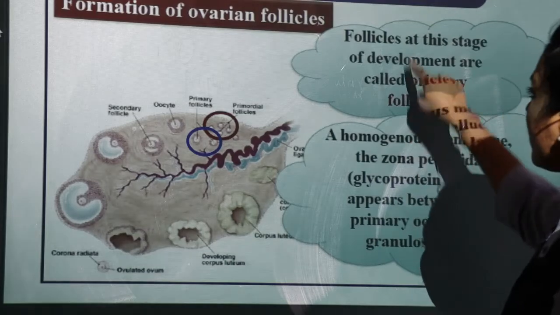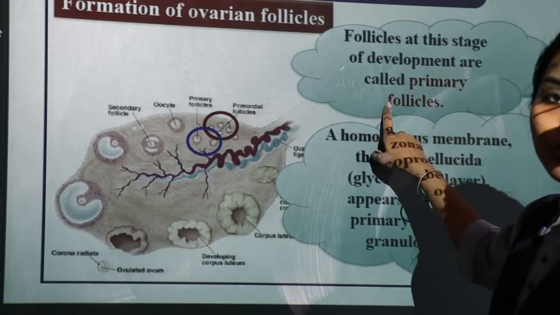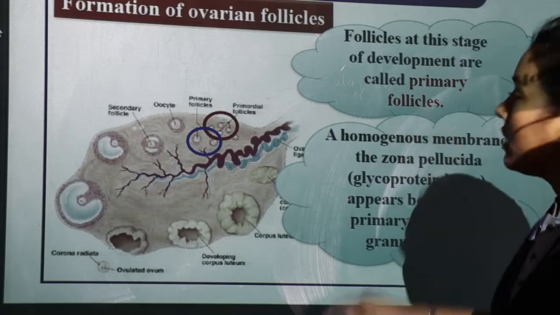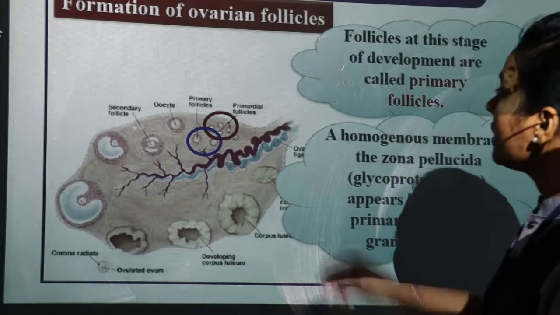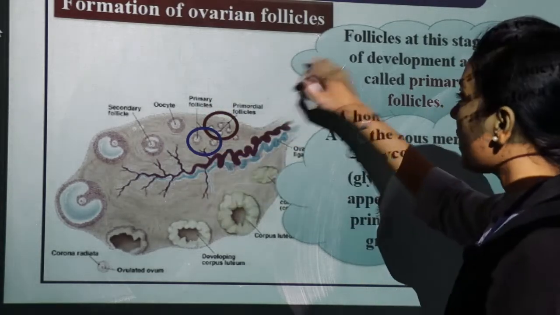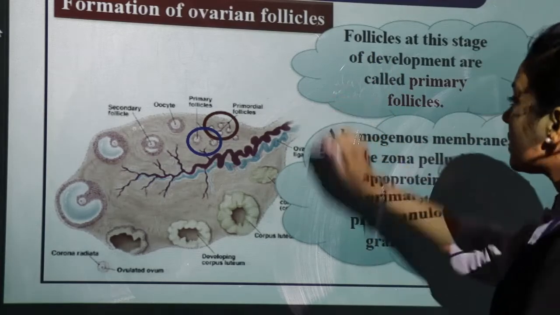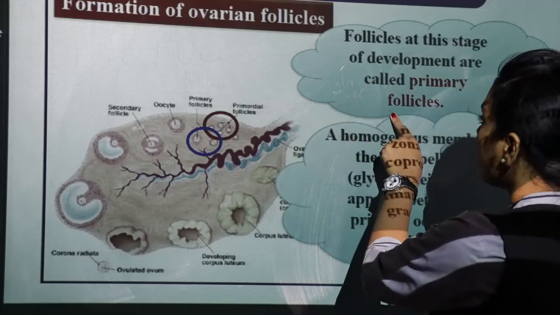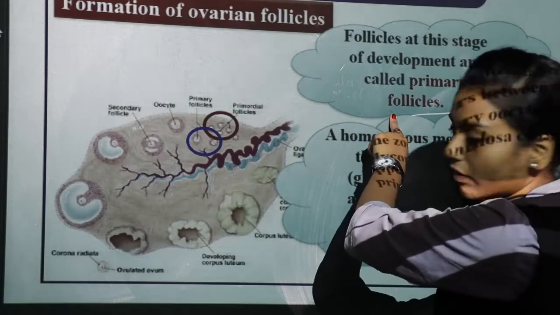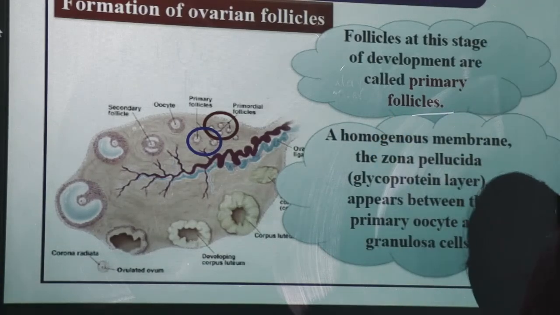See here, it is written that the follicle at this stage develops to form the primary follicle. This stage is formed when the primary follicle divides at meiosis prophase 1. When the cell is in meiosis prophase, at that time primary follicles are being formed. Next, if you see